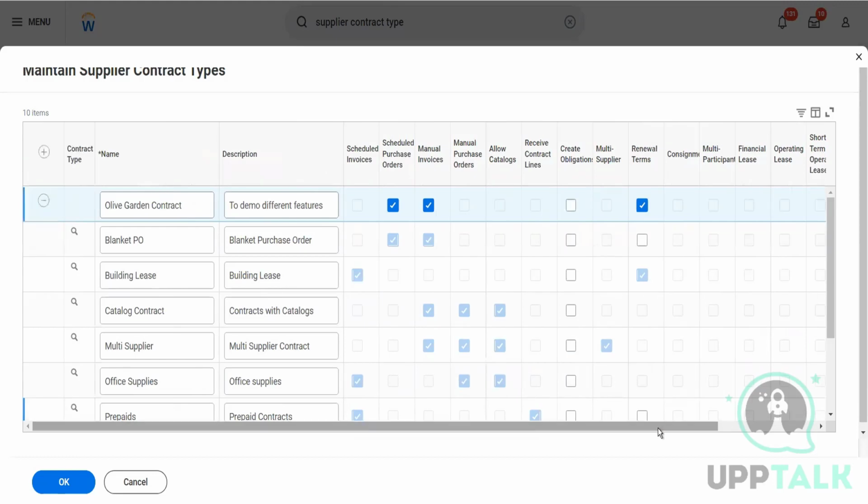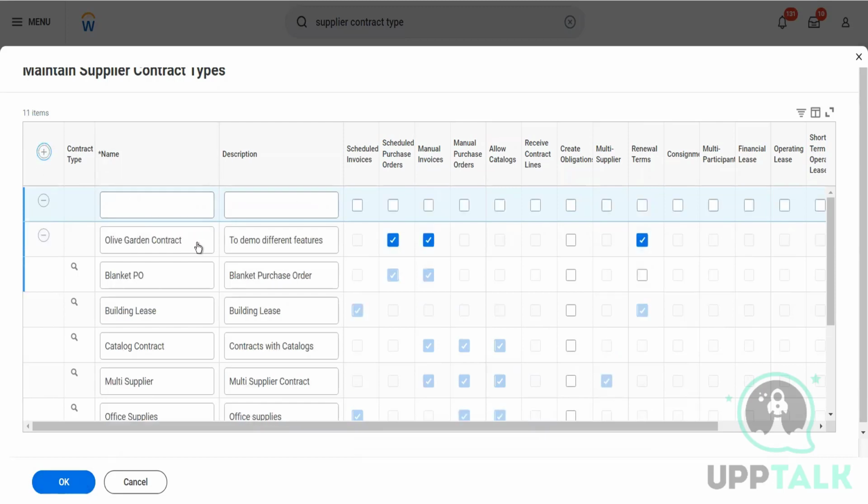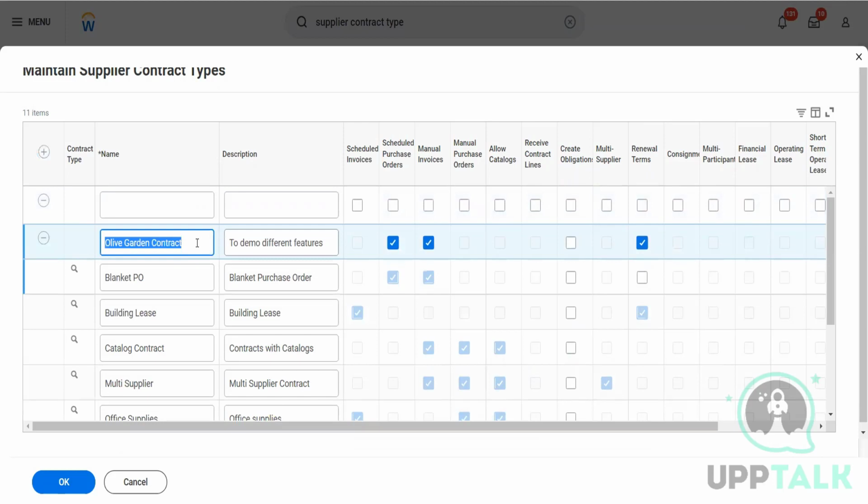And here we go. So we'll see different features now. So it's about scheduled purchase orders and manual invoices. So if I hit OK, and now let's create one more. So we'll say Olive Garden, like this, Olive Garden, scheduled purchase orders and manual invoices